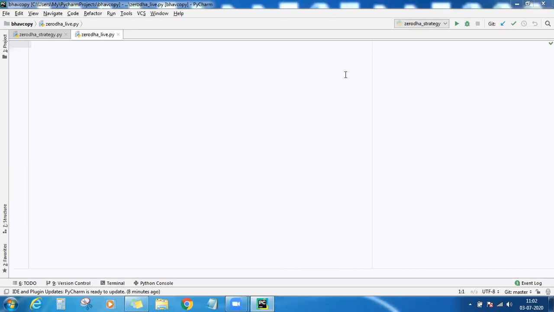So today the main agenda of the lecture is to scan any list of stocks that you have for some indicator conditions. For the example purpose, today we are taking SMA crossover, like SMA 5 crossing over SMA 20 on the 5-minute time frame. So you will supply the list of stocks on which you want to scan, and then the condition.